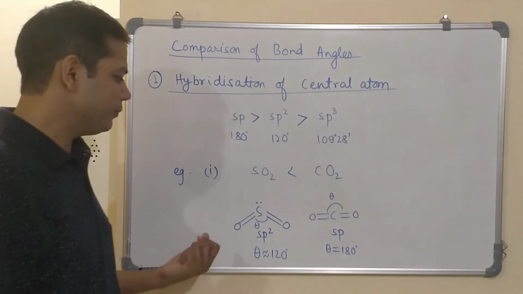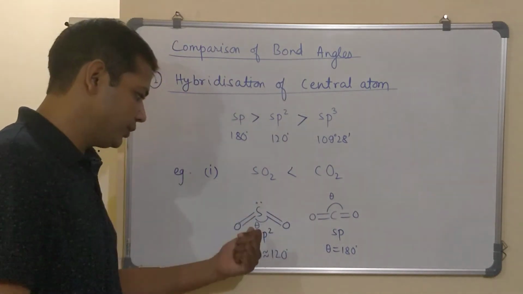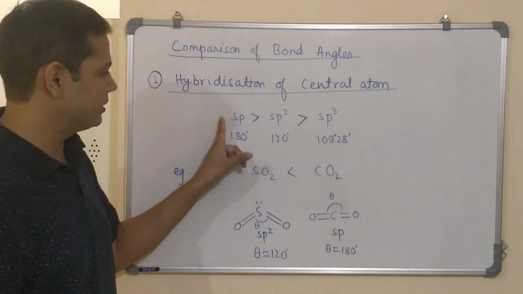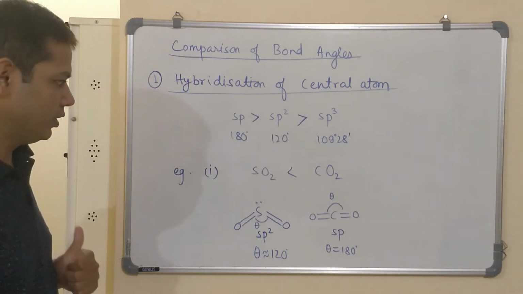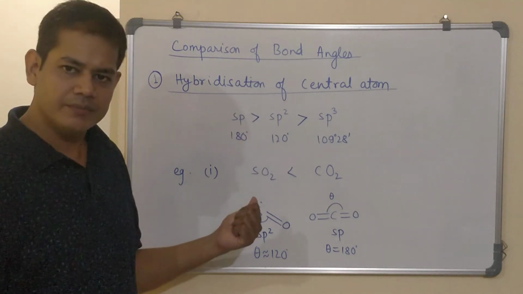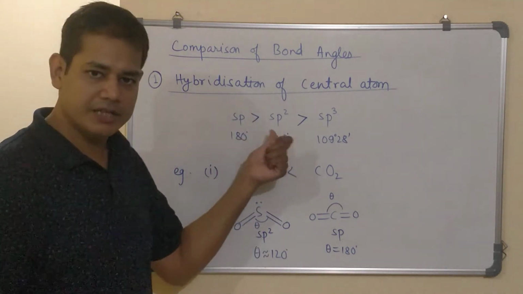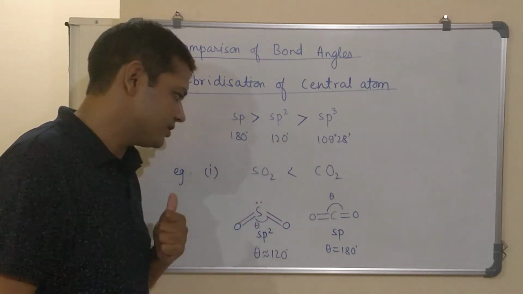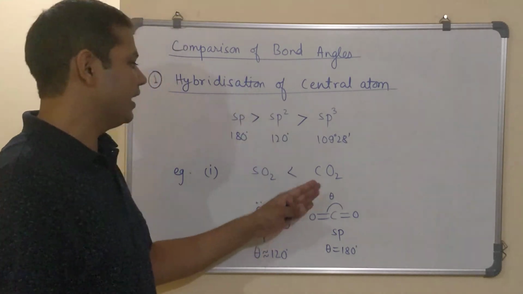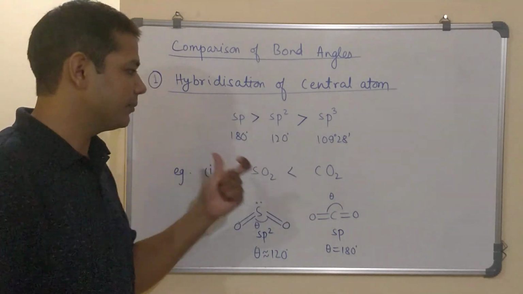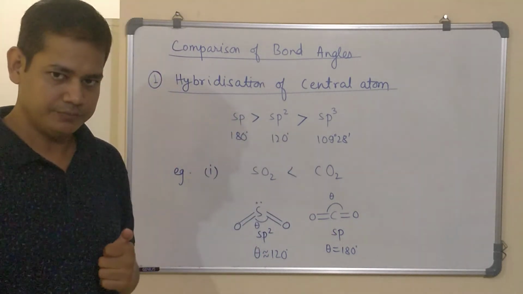We can simply know this if we know the hybridization. One is sp2, another is sp hybridized. The sp hybridized central atom will result in a greater bond angle than the sp2 hybridized central atom. So, is this example clear to everyone? We simply have to check the hybridization of the central atom. If the hybridization is different, then there is no need to look for other factors. Accordingly we will compare the bond angles, because every hybridization corresponds to a characteristic bond angle.